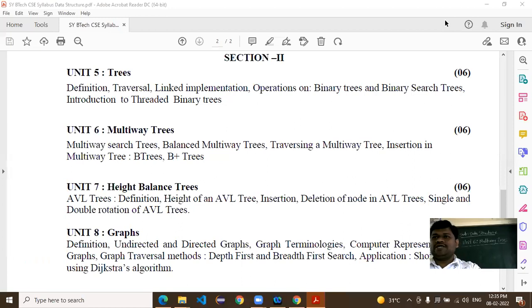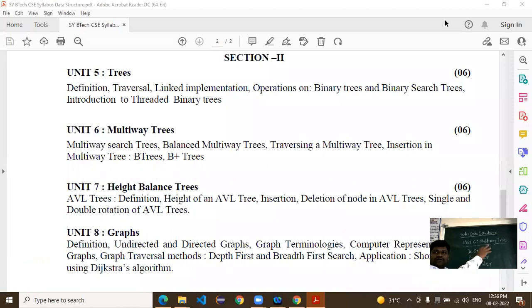So three methods you are using for the traversing purpose: in-order, pre-order, and post-order. Now, suppose you want to traverse using in-order, what is the way? Left, root, right.